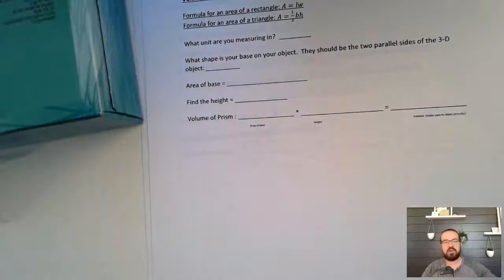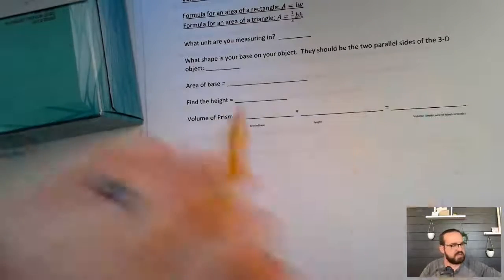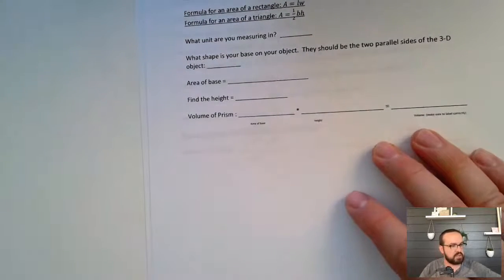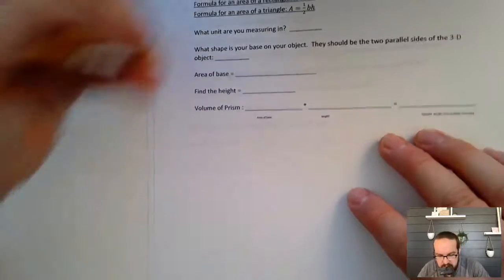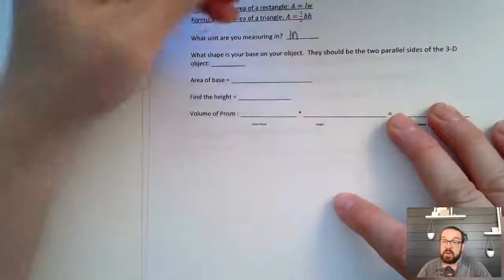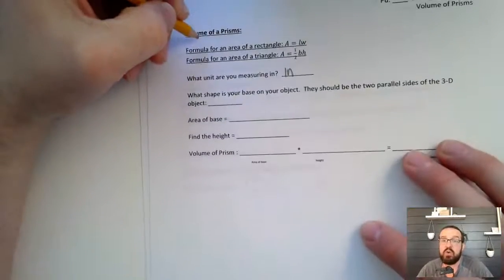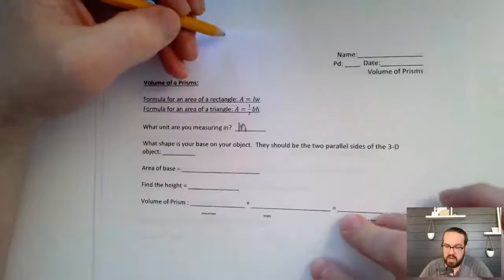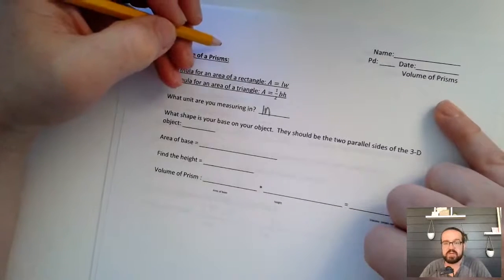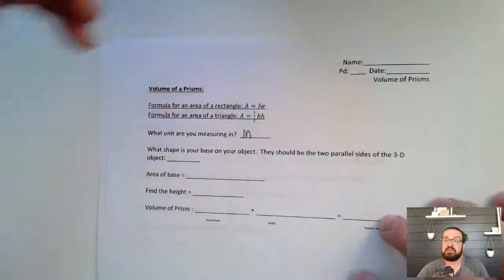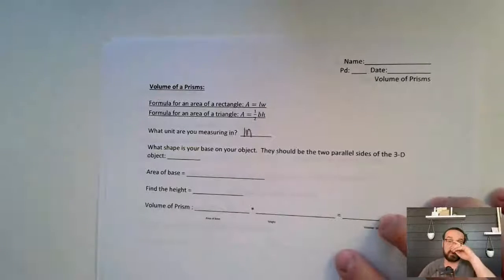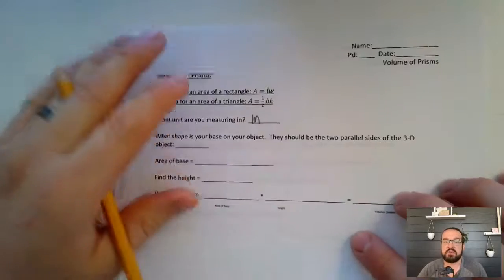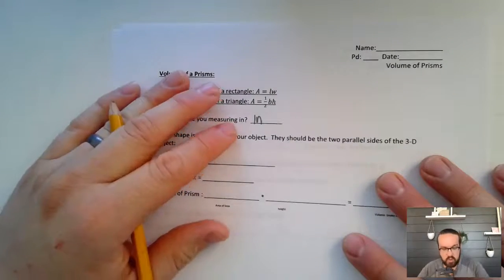So when we're taking a look at this here, we've got to be thinking about how we're measuring this. So what unit am I measuring in? Inches. Now you may not have a rectangle here for the volume of prisms, but you'd have to find the area with whatever shape it is, right? And we did that last week. Maybe you had a pentagon. You could use those triangles. Hexagon, you could use those triangles to help you figure that out. So whatever shape the base is,